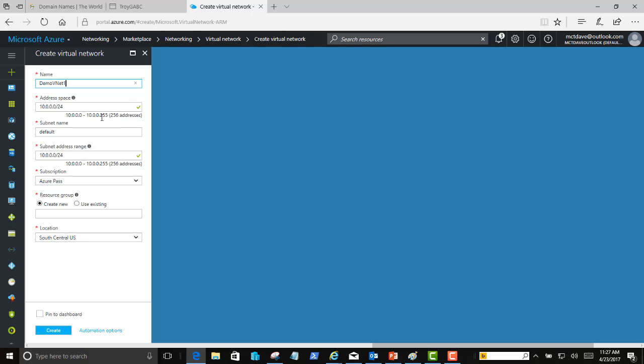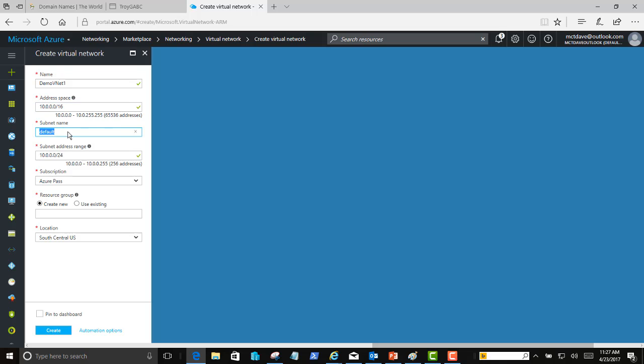So that only leaves the last octet available for addresses, and I want to change that. I'm going to change it to 16, and when I hit tab, you'll notice it will go up to 65,000 addresses. So that gives me a few more.